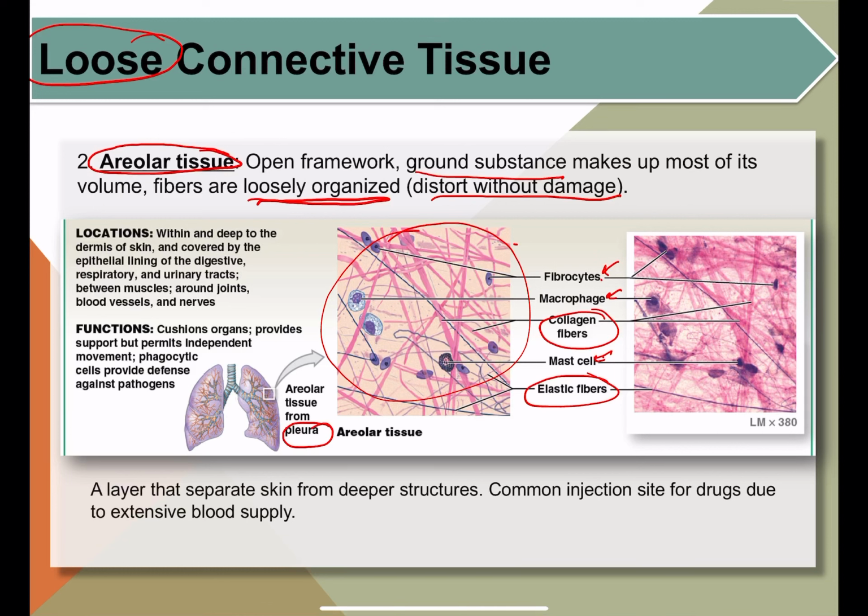So this is a layer that will separate skin from deeper structures, usually areolar tissue, and it is also the most common injection site for drugs due to its extensive blood supply. Remember, the main difference between epithelial cells and connective tissue is that epithelial cells are avascular, while connective tissue has a lot of vascularity, okay, a lot of blood vessels around. So that's why